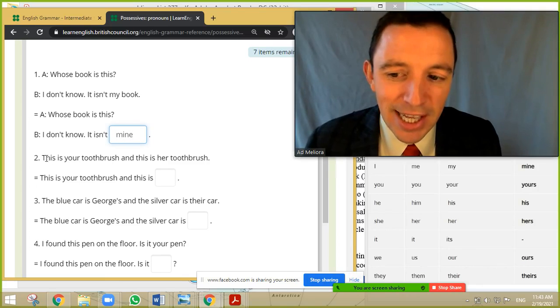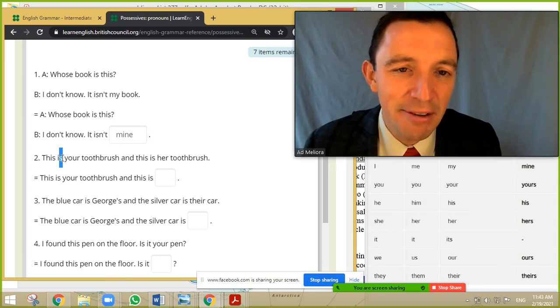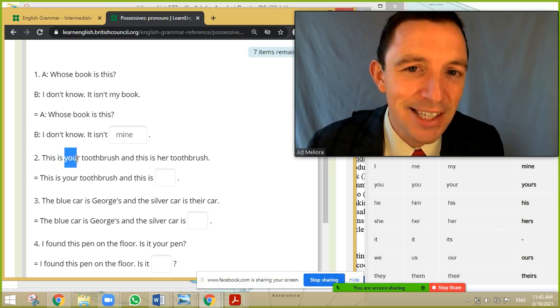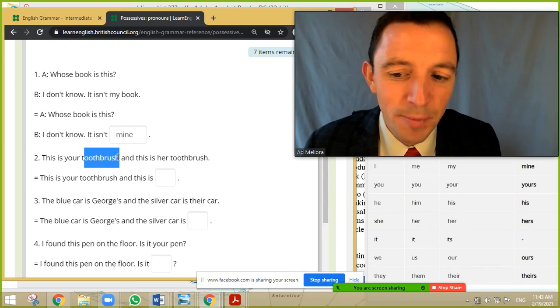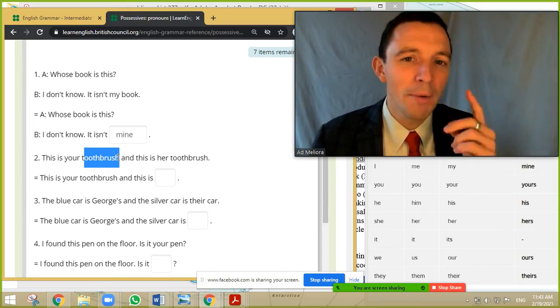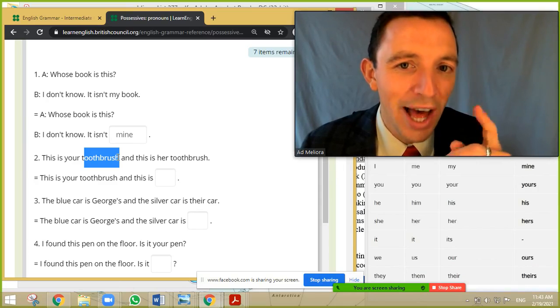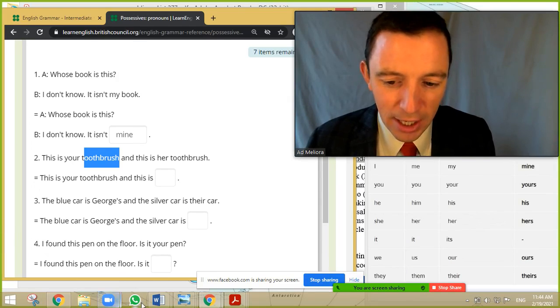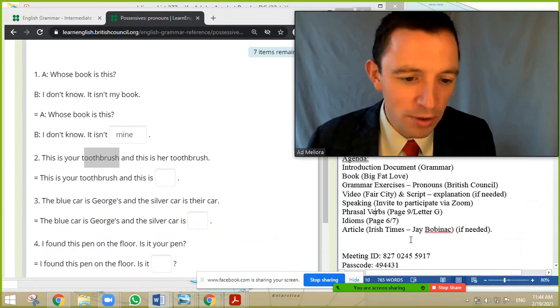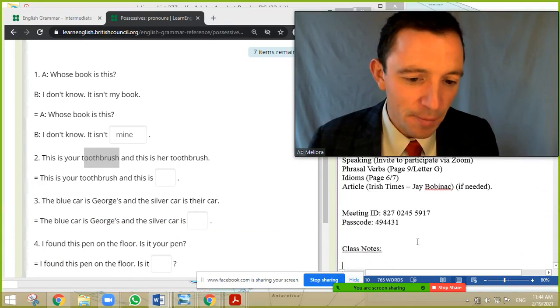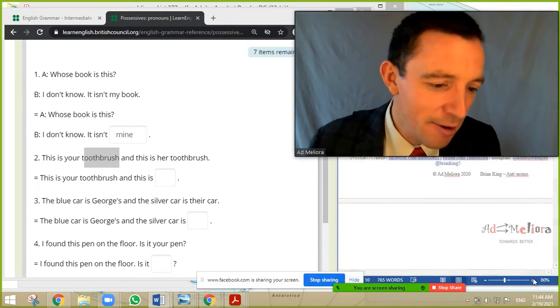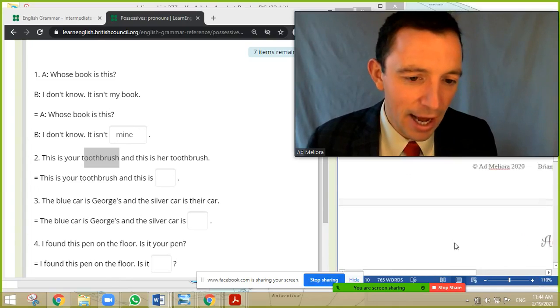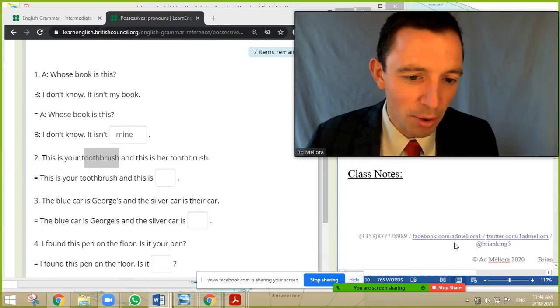It isn't mine. This is the subject. Is the verb to be. Your is the possessive adjective. Toothbrush is for your teeth. So remember, singular is one tooth and plural is two teeth. Okay, so I'm going to write that here for my notes as well. Singular is one tooth and plural is two teeth. Very important, irregular. And I will put in my notes just because it's important.